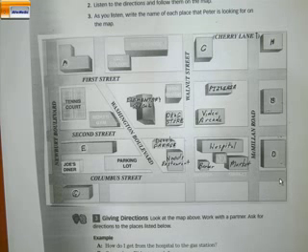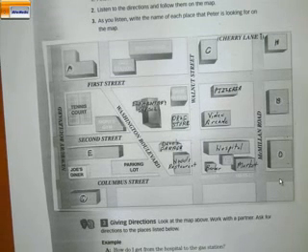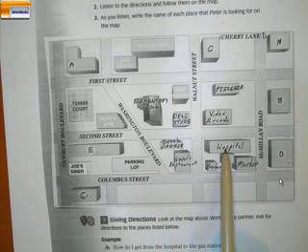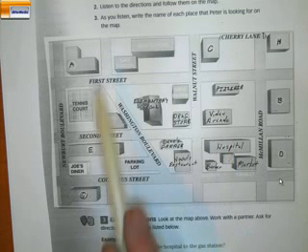Now, there are different things I could ask you if I gave you something like this. We could ask for directions. At the bottom of the page, they indicate some of them. How do I get from the hospital? Can you see the hospital there? Where is the hospital? You're going from the hospital to the gas station. Those of you who have the book, you see there the hospital, and we want to go to the gas station. The gas station is up here.